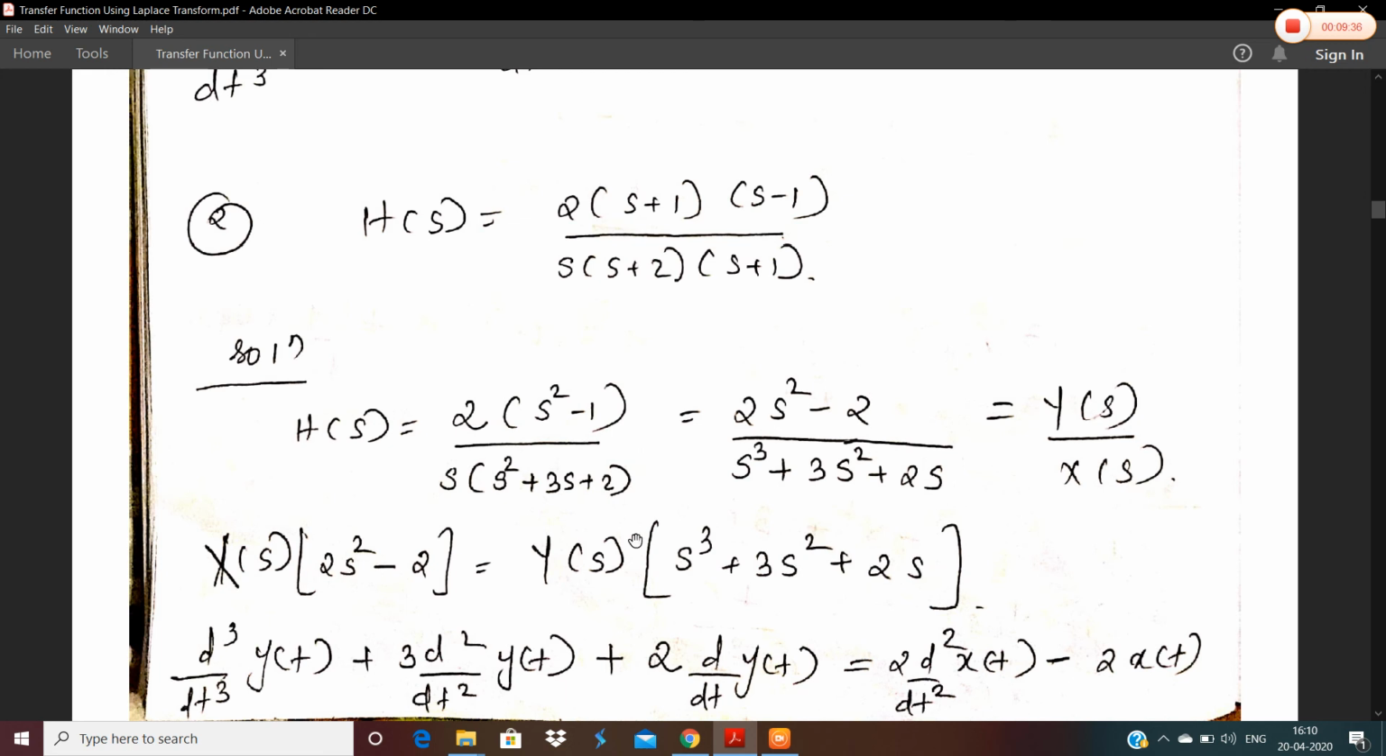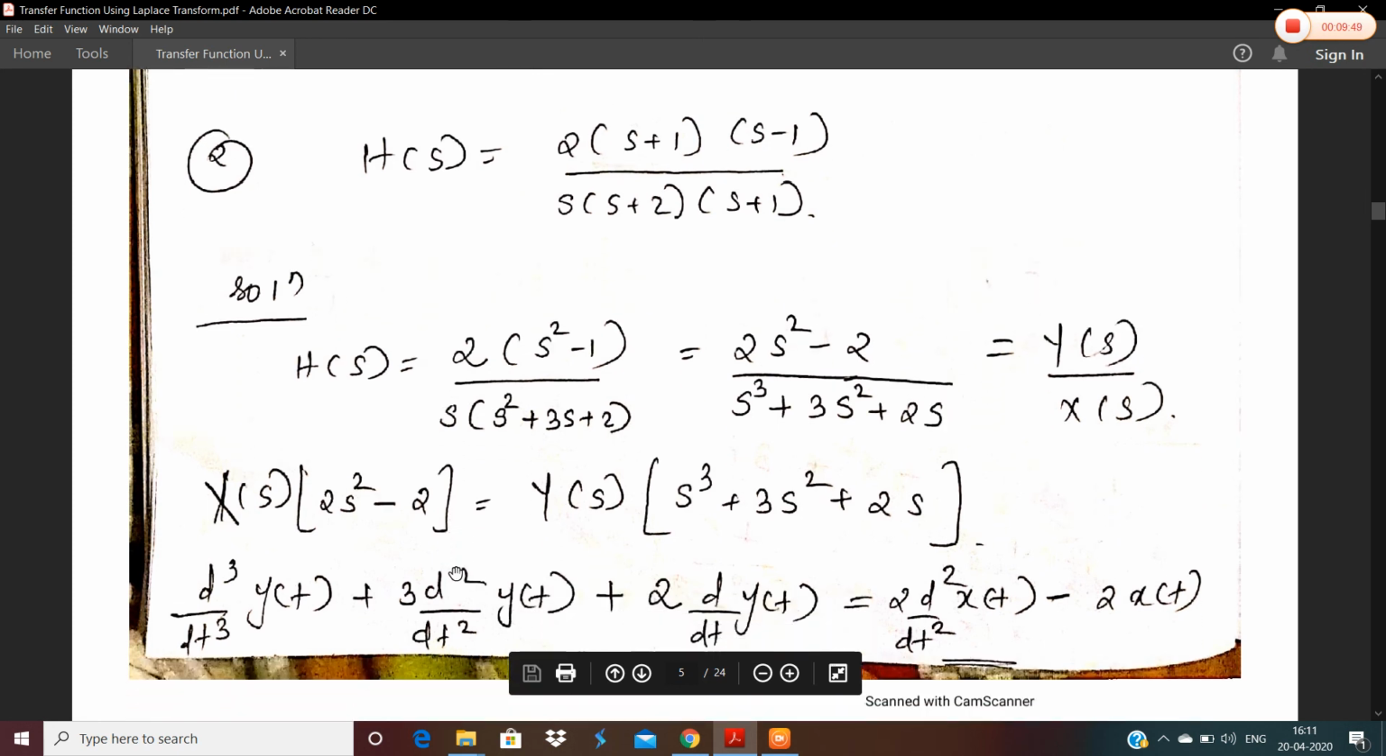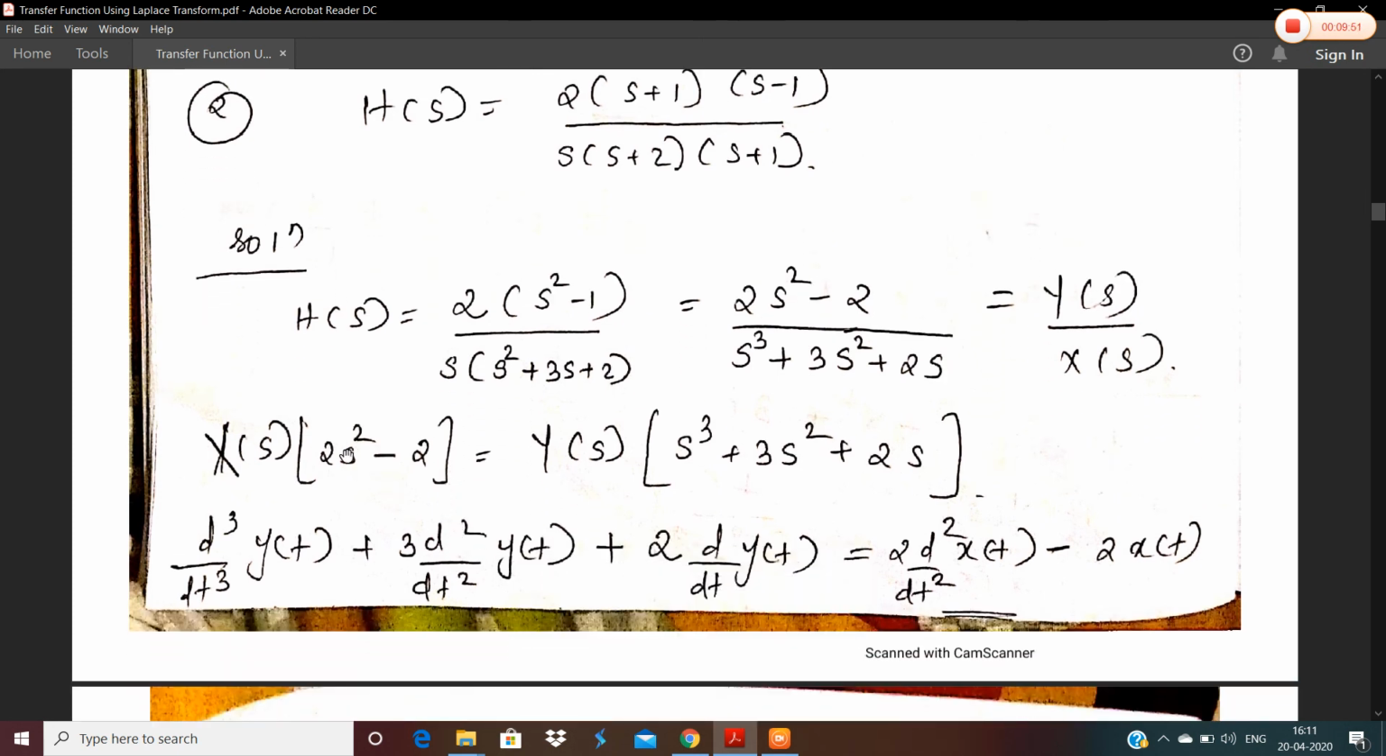Okay, for the next step, we will cross multiply. Y of s is multiplied by the denominator, that is s cube plus 3s square plus 2s, and x of s is multiplied by the numerator, that is x of s into 2s square minus 2. Again, we can write it in the same format. Here it's s square, and s square means d square by dt square, so 2 s square means 2 into d square by dt square of x of t,